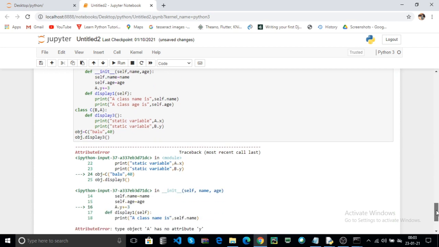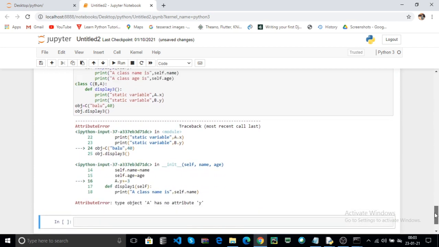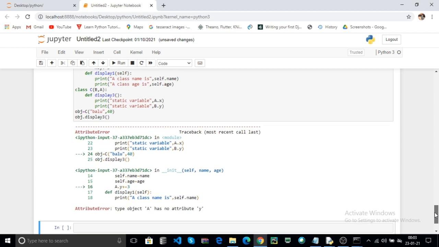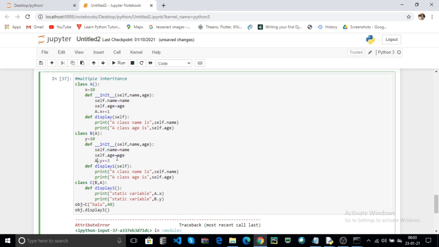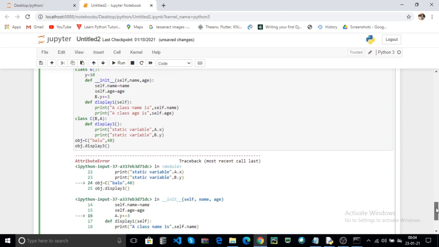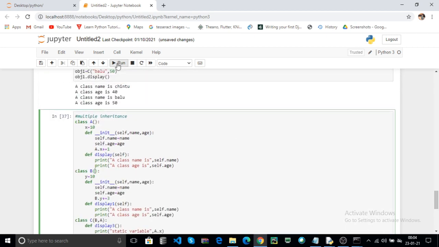Here again it returns type object A has no attribute Y. A dot Y. Here this is B dot Y, because your B class contains the static variable Y. Here we discuss later why passing A to the B class. Now click on the run.